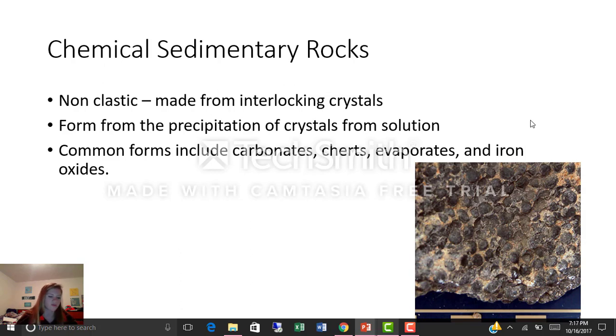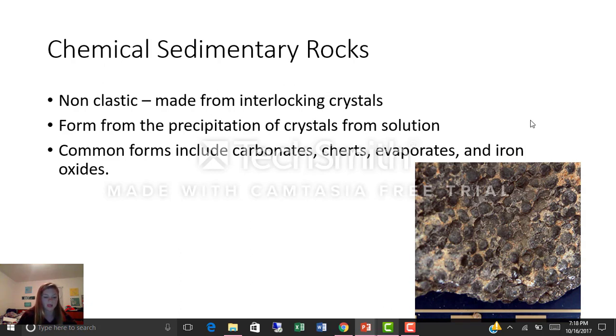Chemical sedimentary rocks form from the precipitation of crystals from solution. They have a non-clastic texture with interlocking crystals, and in hot, dry climates, water evaporates, leaving dissolved ions behind. Concentration of these ions in the remaining water consequently increases, eventually reaching a maximum threshold known as saturation. Crystals form from those dissolved ions and grow until the pore spaces between the grains are eliminated, producing a texture